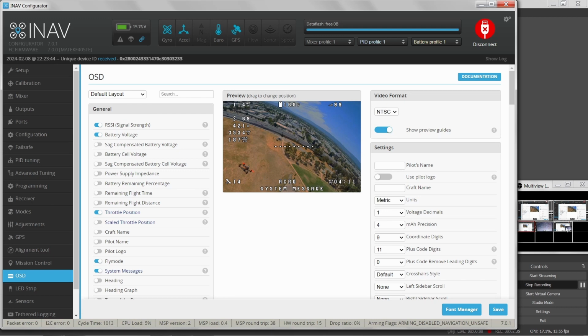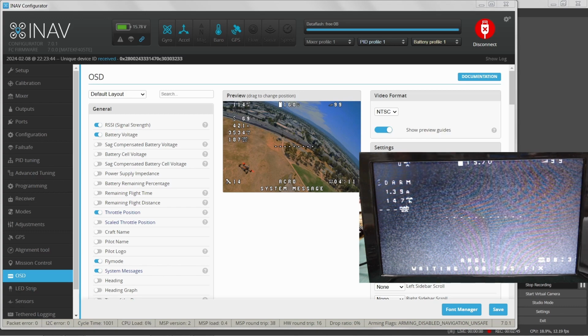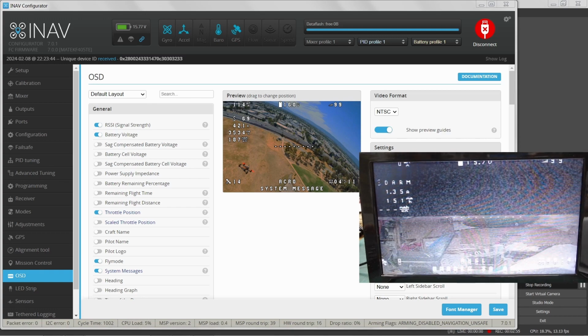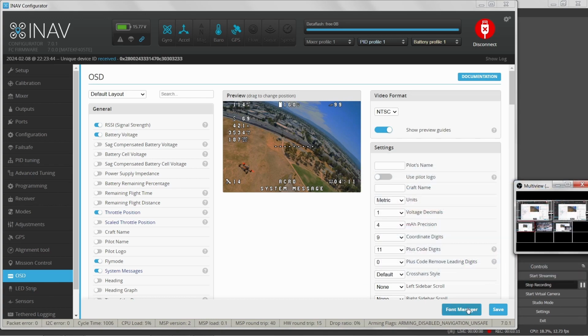And if we want to take a look at the view screen, I'm going to enable the display, and you can see that that is actually showing up in the viewport. So this is what you would actually see in your goggles. This is a shot of my video monitor that's receiving a signal from my airplane. So this is actually what I'm seeing. And if you were in flight and you had your camera enabled, this is what the font would look like. So this may be a little hard to read with these thin, tiny fonts, depending on your eyesight and your preferences. What you really want to do then is in here, you can come down to the font manager